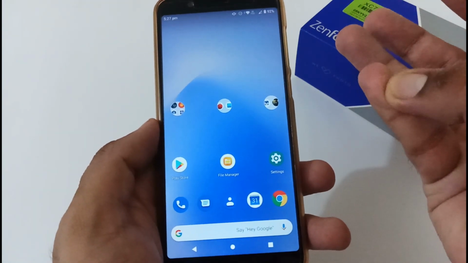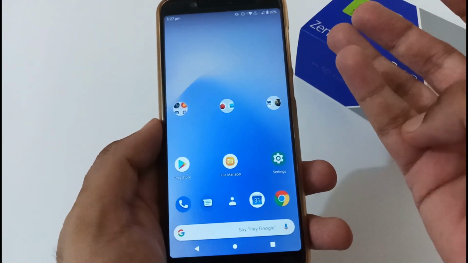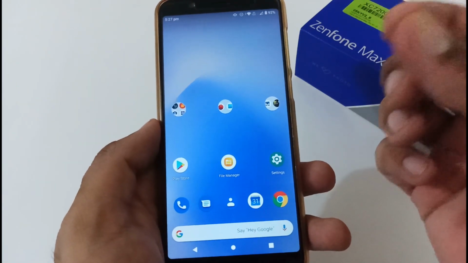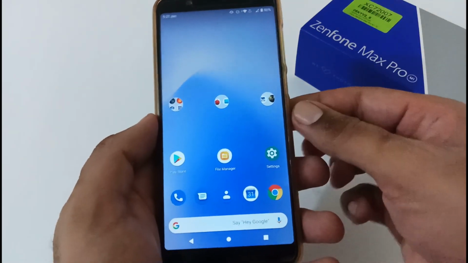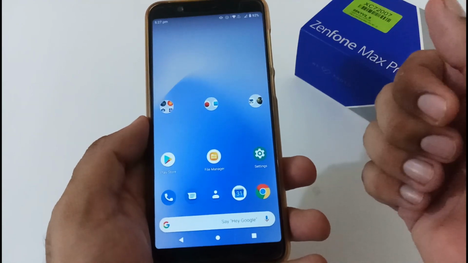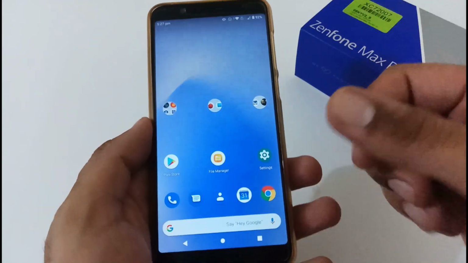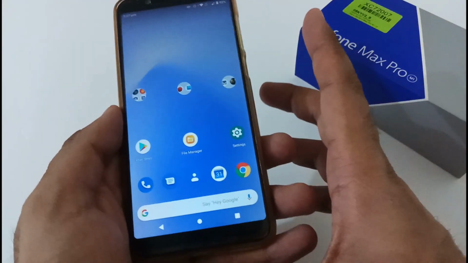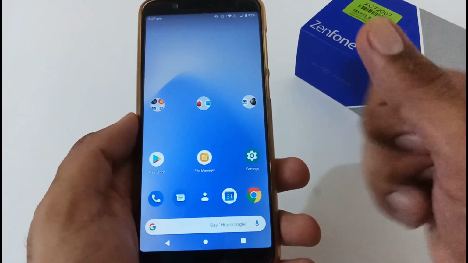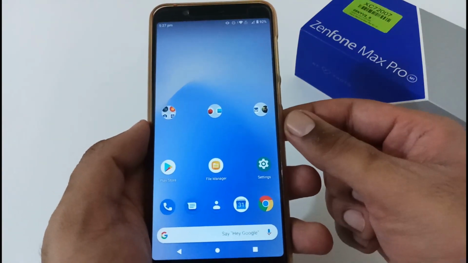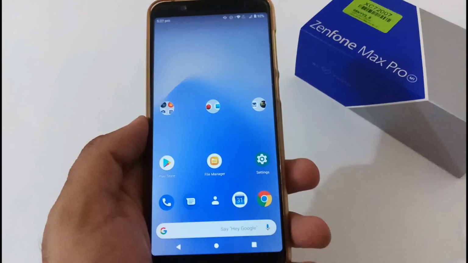and the Zenfone logo is again back on the boot screen. Vibration issues are also there, somewhat improved as compared to the original, but again it is persisting. Apart from this, the USB preferences, where we transfer data using a USB cable by connecting our mobile and laptop, are also the same. I am unable to transfer the data using that.